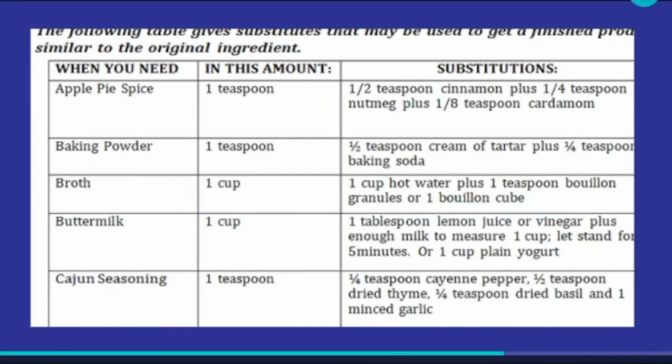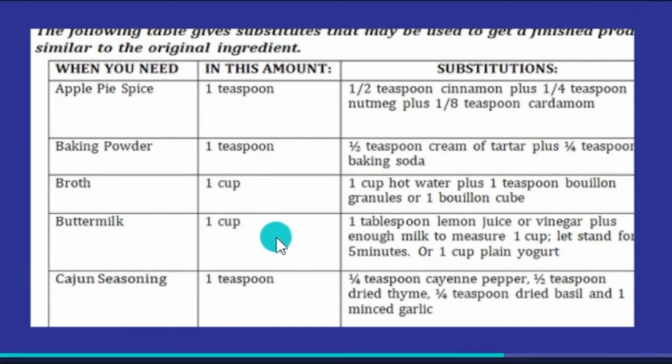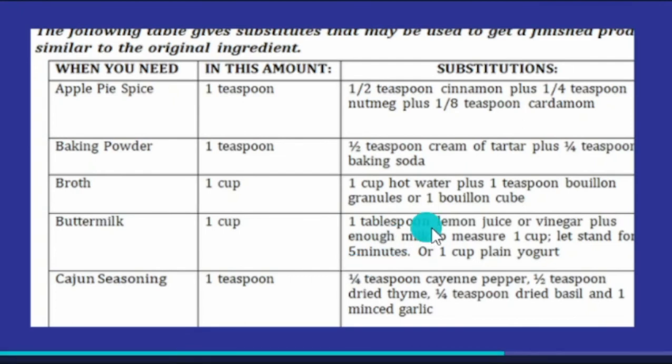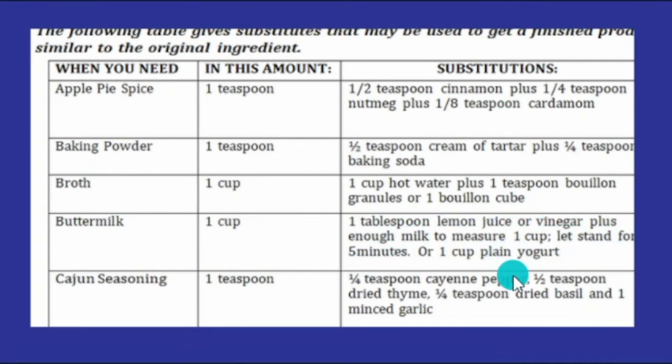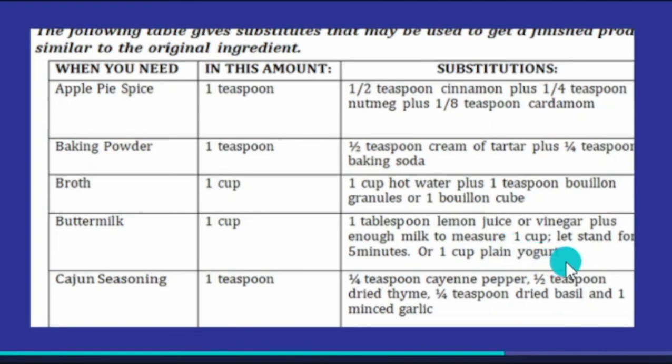Now what if you want buttermilk? If you want 1 cup, you can use 1 tablespoon lemon juice or vinegar plus enough milk to measure 1 cup. Let it stand for 5 minutes, or use 1 cup plain yogurt. If you don't have buttermilk, you can use 1 cup of plain yogurt,